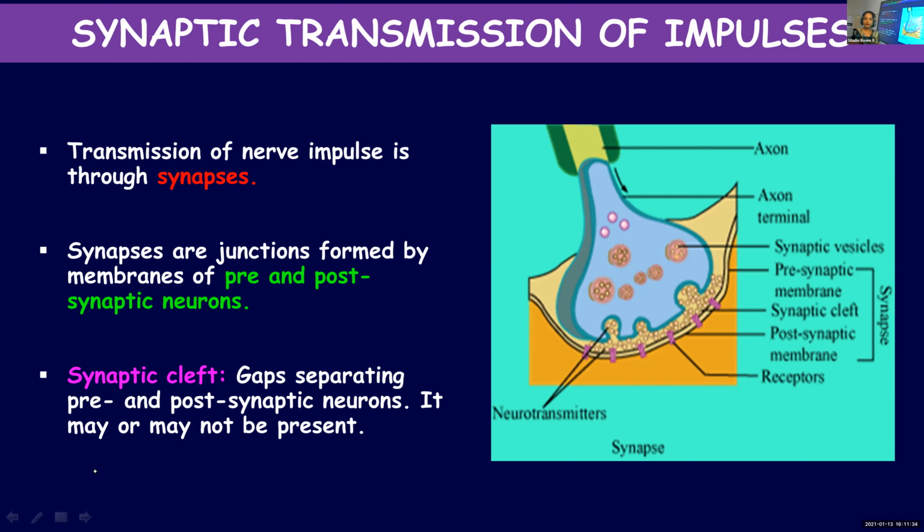So we had learned how the transmission of a nerve impulse takes place along the nerve cell. Now, how does this nerve impulse get transmitted to the next neuron? You understood how it passes along a single neuron. Once it reaches the end of one,